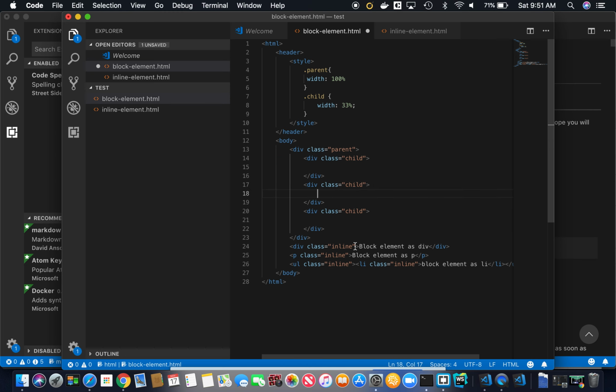Now in each group, I will take these all block elements and put them into these individual groups,